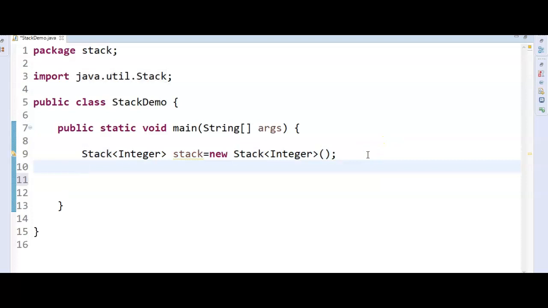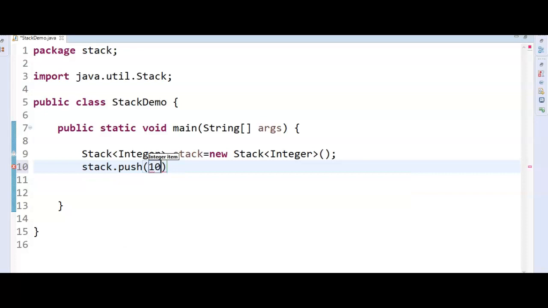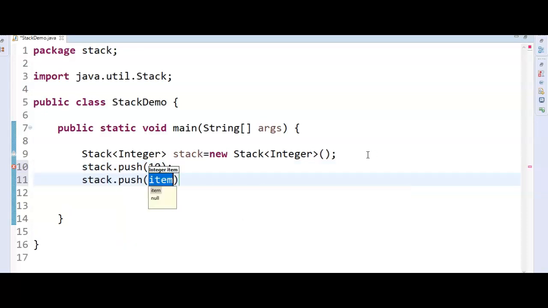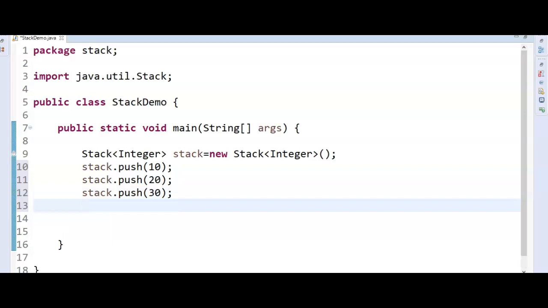And then how do we add the elements to the stack? First step is creating the stack. Now we'll add the elements. How do we add the elements? By saying stack.push(10), then stack.push(20), and then stack.push(30). How do we see what elements we have stored in the stack?